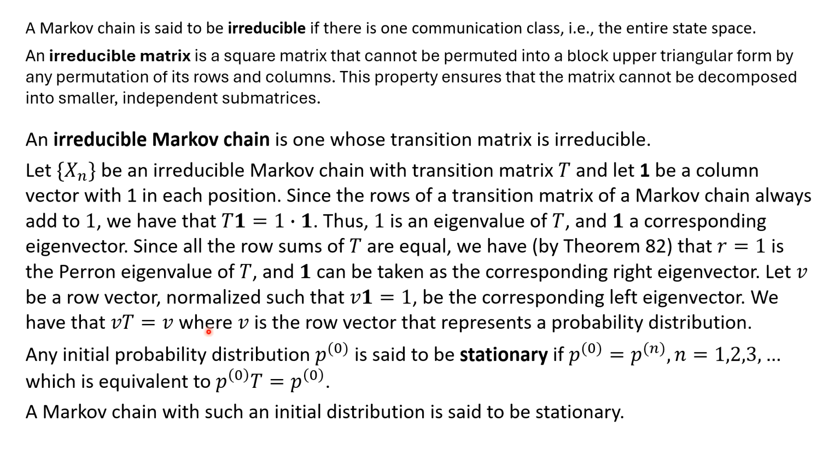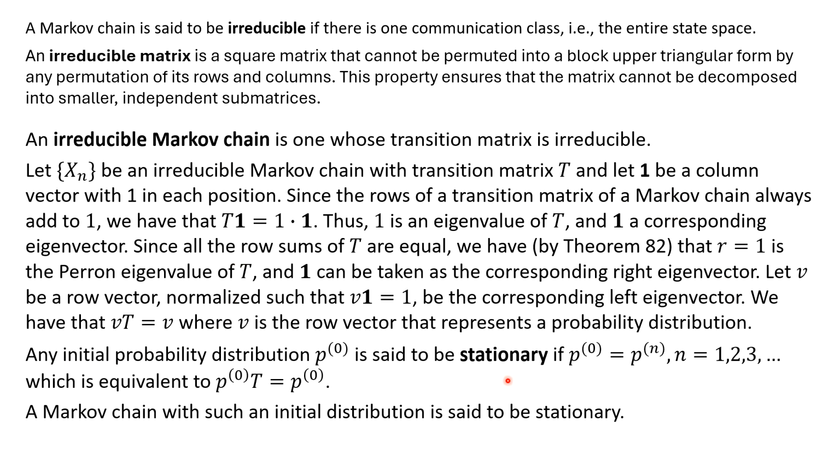And it satisfies this, which is basically the equation for a left eigenvector. So we have this, and I should have put a scalar 1 there, 1 times V. And so that's the consequence of having a Markov chain.